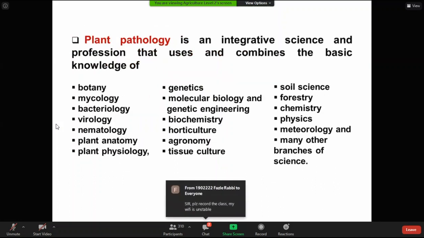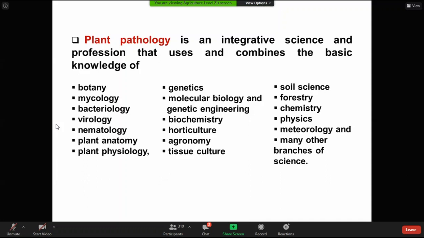And there is another advanced definition. Basically, a plant pathologist is a plant doctor. If you consider it like a doctor, in the United States of America they have a strong plant pathology, and in every university or every state they have a plant disease clinic. Like them, we also have